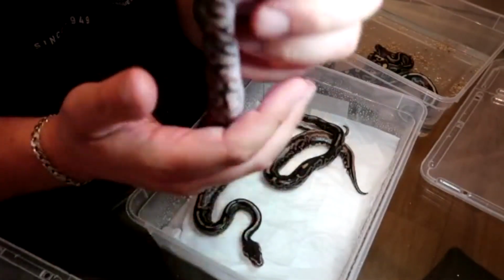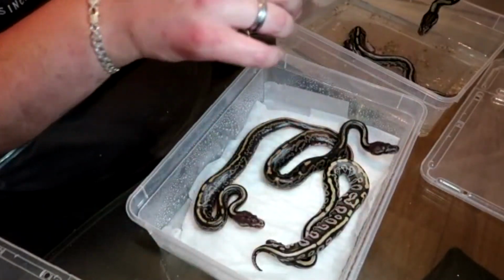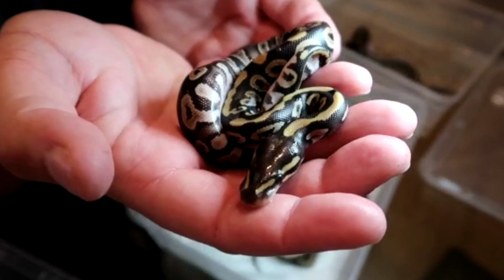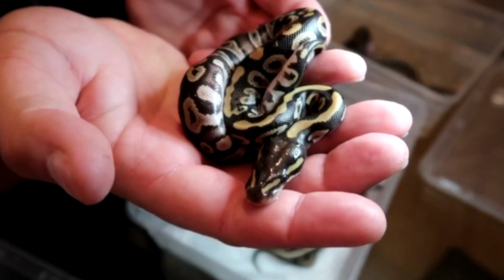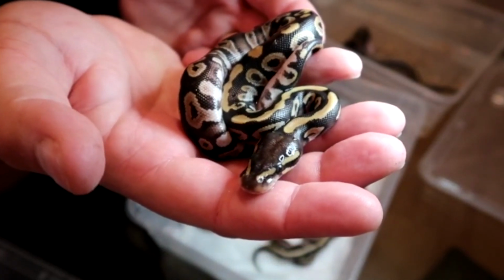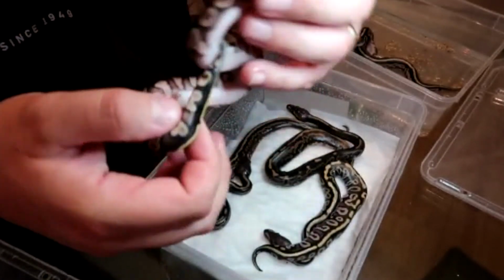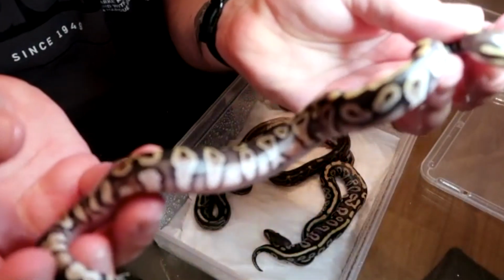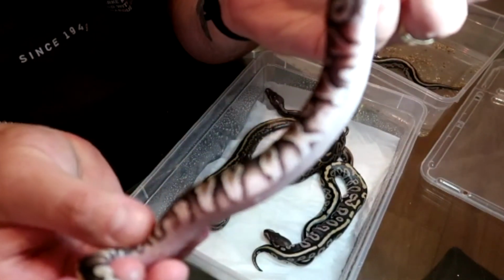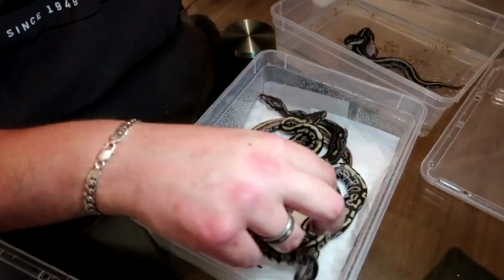Really dark, lovely looking phantom, and the yellow belly hopefully just brings up the flaming up the sides there. Lovely looking snake. So that's one of the phantom yellow bellies, and then we have number 2 Phantom Yellow Belly, which I believe that's what it is. There we go. Looking lovely. Very proud of these. There we go. And again, down the sides, hopefully you guys can see the yellow belly. Once it decides it's going to focus. There we go. Number 4, and then number 5